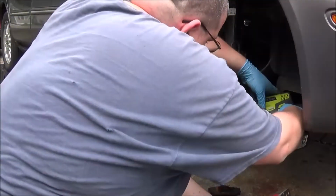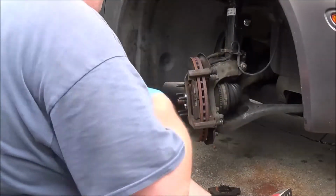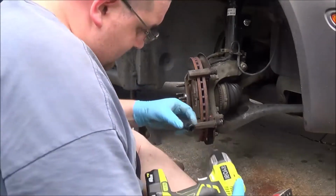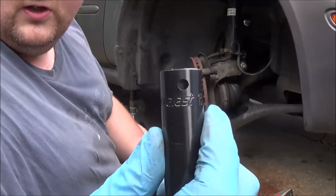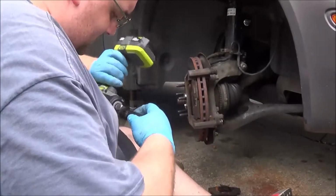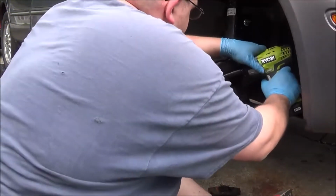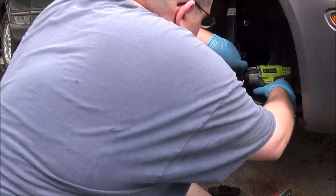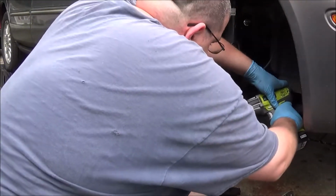Can I use a different socket, of course? And then these sockets I'm using have the hole that lines up with the ball on these, which makes it much nicer. These are all bolts that are...